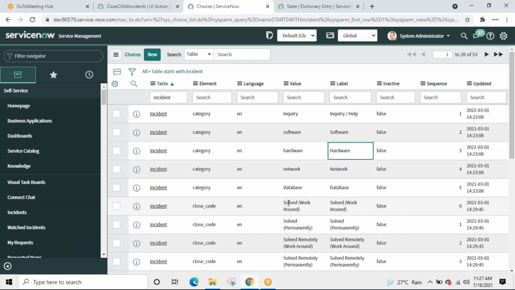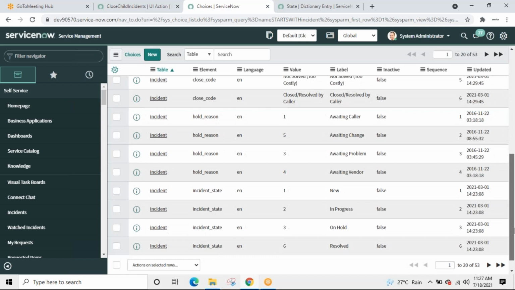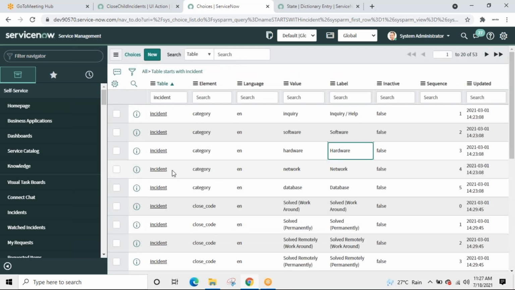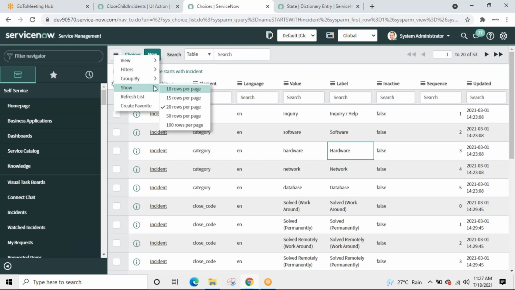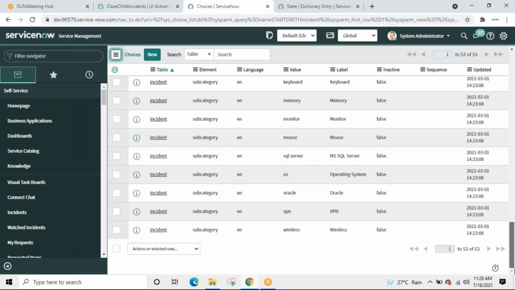Element category, close code. See, close code, everything is present over here. From here you can create new choices right away. There are total 53 choices available. It shows 20 per page, that's the reason it is showing 20 at a time. Then we have to click on show 100 plus, so it will show all because there are just 53. Now in one single page I should be able to see all 53.